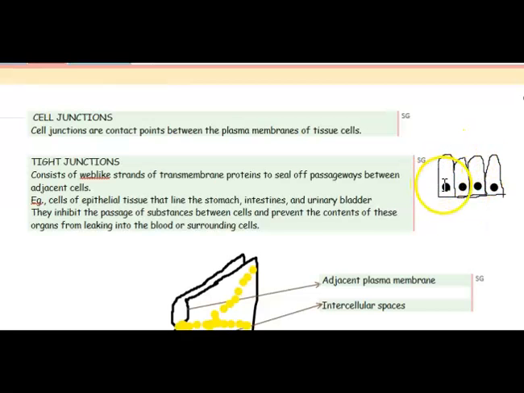So depending upon the position and the function, these cell junctions differ. Sometimes the cell junctions may be very tight. Sometimes these cells may need to communicate with each other, so they may not be that tight as the tissue shown here. Sometimes these cells have to be very strongly connected to the basement membrane, such as in cardiac muscle cells. So all the cell junctions, the contact points, differ according to the function of the tissues.